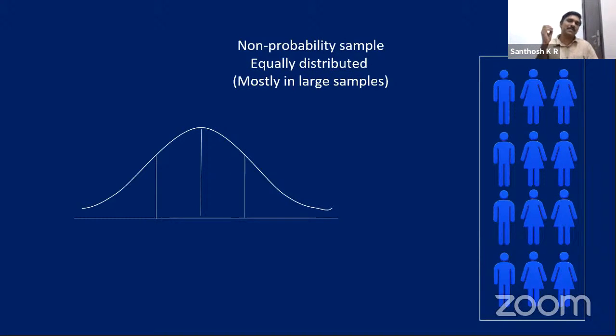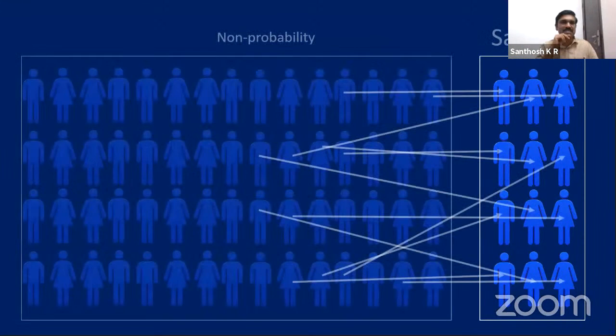Then we might have somehow collected people from almost all the areas, definitely. Even if it is 10,000, we might have collected almost all the representations of this particular population. Even if it is 1,000, it's okay. We can say somehow we might have reached a large sample, and we know that somewhat this is the distribution of the people. But if it is 100, we cannot say like that.